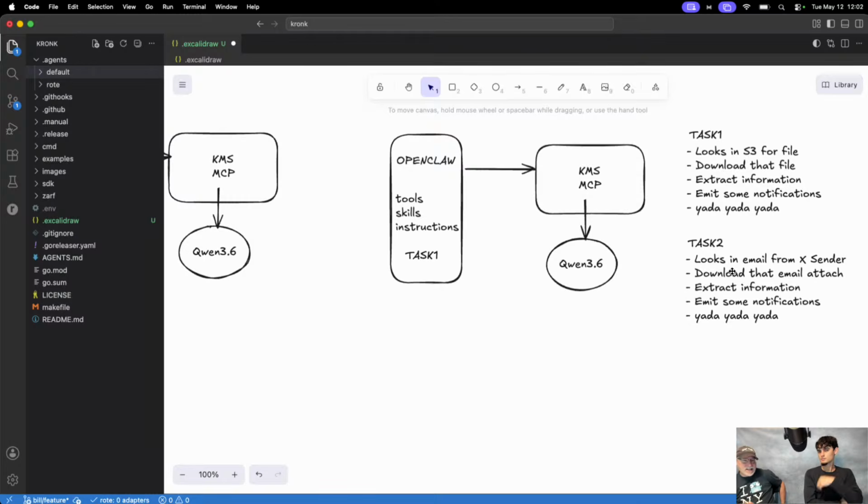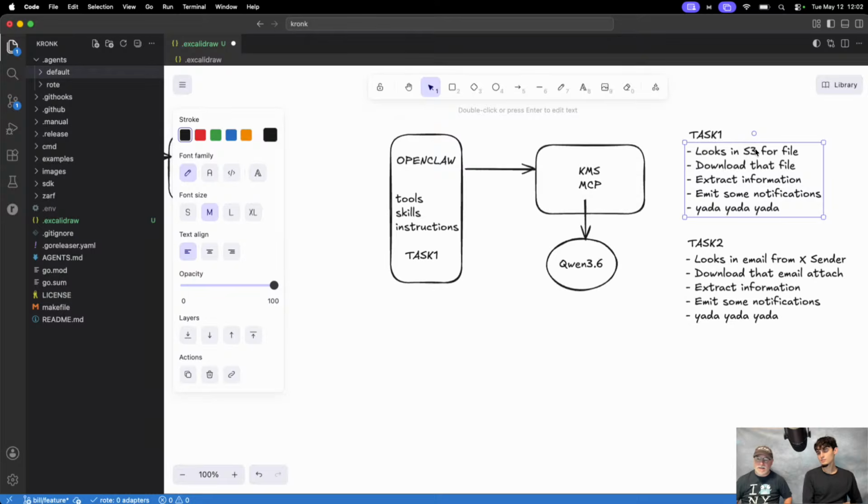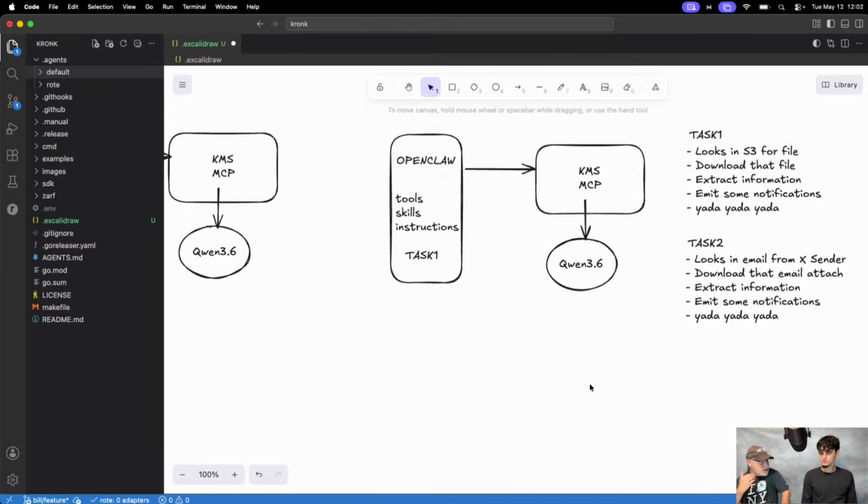But at the end of the day, every time you run these steps, even if you have a skill, the model has to relearn what it learned the last time: what is the command to do this, and what are the parameters for that? It's the tool, but it's got to figure out what the call and the parameters are every single time.